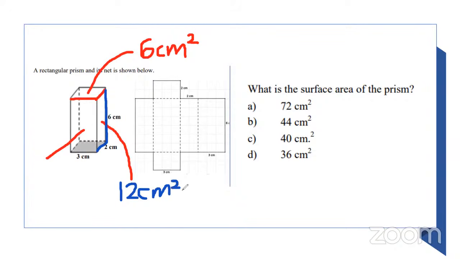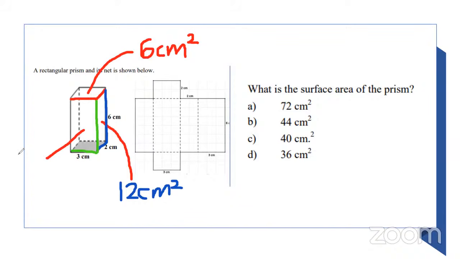Let us look at the front face. So for this front face, let's look at the length right here. If this part is 6 centimeters, it means that this is also 6 centimeters. And right here it is showing that this is 3 centimeters. So length times width, 6 centimeters times 3 centimeters. 3 times 6 or 6 times 3, that would be,